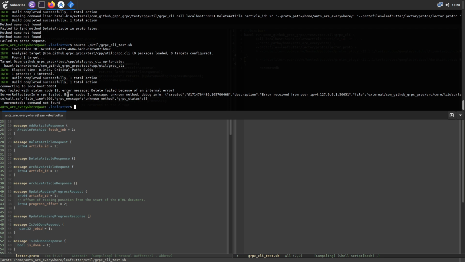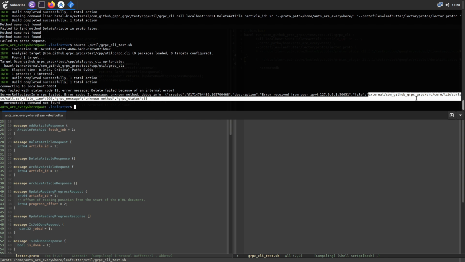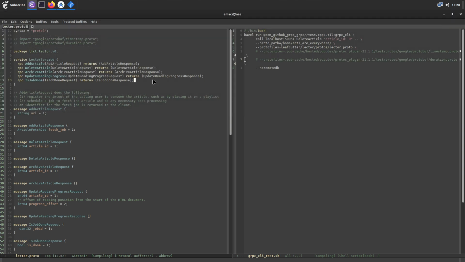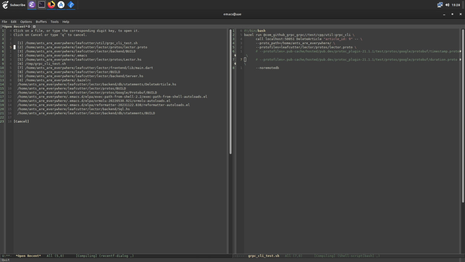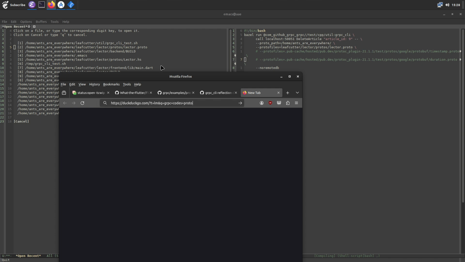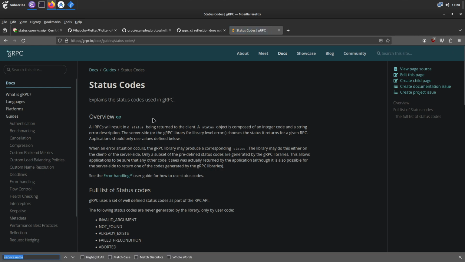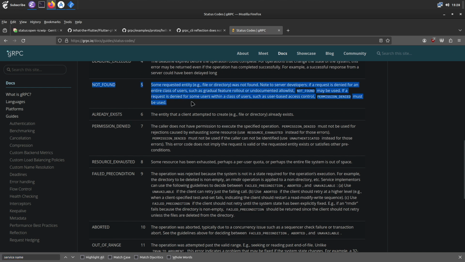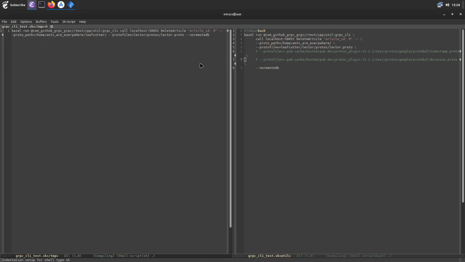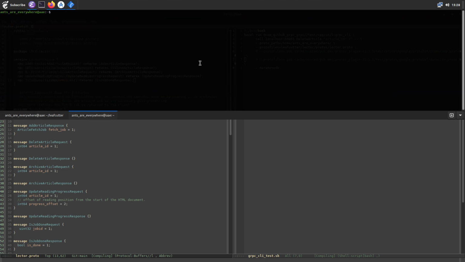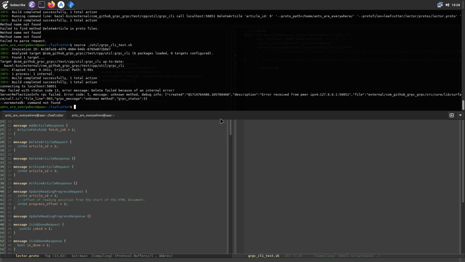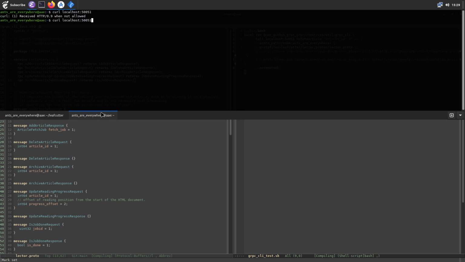Okay, so why is this error code 5? I think that's just the internal. No, status code 13. Whatever error code 5 is, unknown method. Not sure what 5 is. 5 is not found: some requested entity was not found. Five 50051, right? Yeah, that's